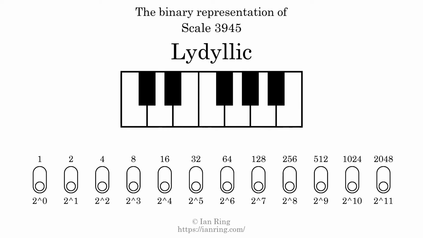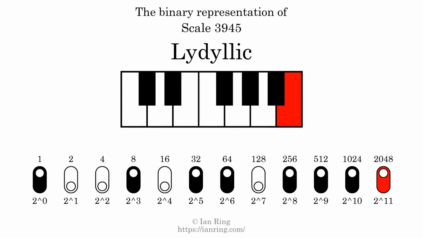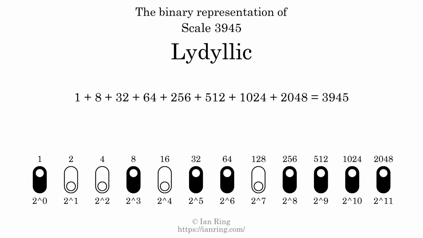The binary representation of this scale is determined by mapping tones of the scale to binary digits. Each binary digit represents a power of 2. To get the scale number, we add the powers of 2 together. The powers of 2 that are present in the scale, all added together, equals 3945. That is why the scale number, in decimal, is 3945. The scale number not only enumerates the scale with a unique index, but it also literally describes the tonal